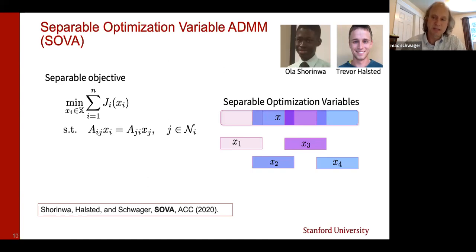So with separable optimization variable ADMM, what we've proposed is notice that oftentimes these component objective functions, J sub I, only depend on a small subset of the decision variables. So consider this target tracking application that I described at the beginning. You have a car whose position you're trying to track with multiple observing cars. If I'm an observing car and I only see this car for a short time segment throughout its trajectory, those are the only decision variables I care about. And so why do I optimize over all the global trajectory of this target when I've only seen it for a short segment of time? So that's the concept here.